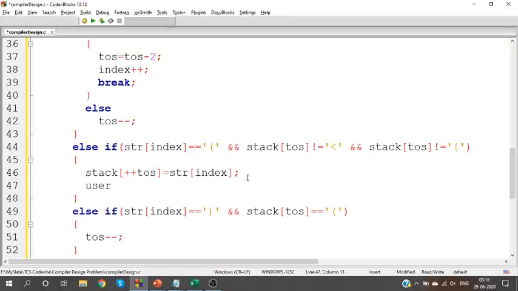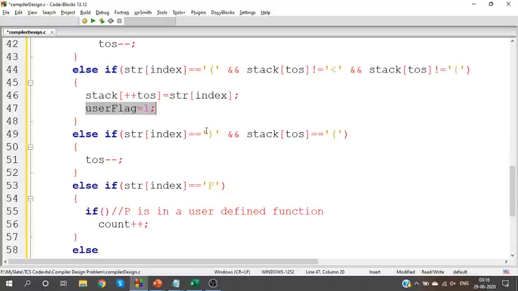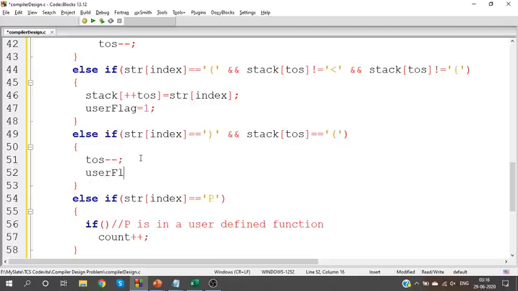So I will set user flag as 1 because I have found a user defined function. When will it finish? When I see a close bracket, the user defined function will finish. So reset the value as 0. So if it is available, flag is 1. If it is not available, flag is 0.